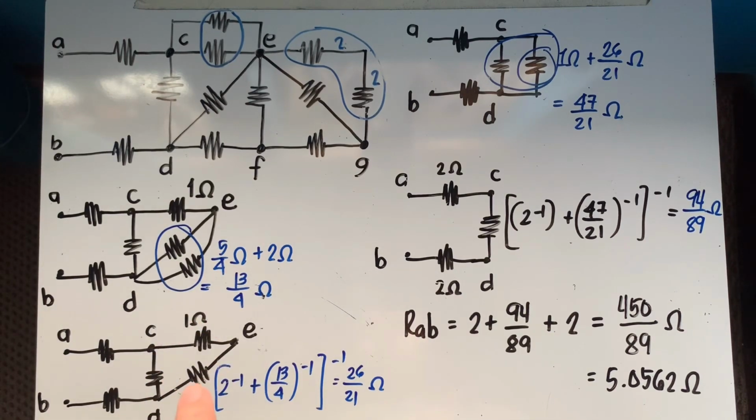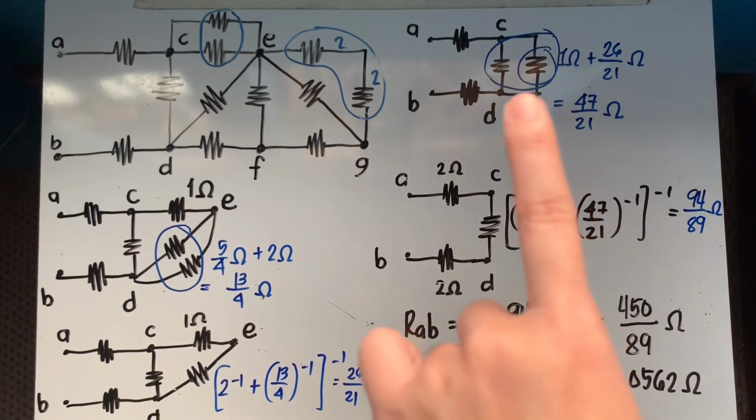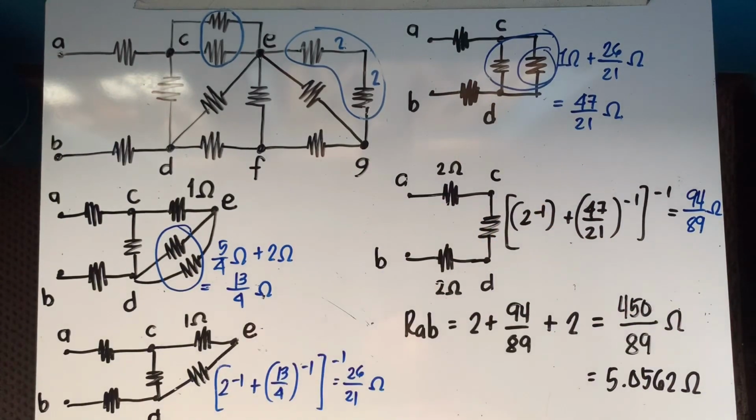Okay, mapapansin nyo naman yun, kapag tayo ay kagaya nito, kinuha natin yung series combination 1 ohm na to, tsaka itong 13/4 ohm resistor na to, pinag-add natin siya, nawala na si E, diba? Naging ganito na lang siya, isang branch na nakaparallel kay CD. So, every time na nagre-redraw tayo ng circuit, nawawala yung mga nodes, lalo na kung affected siya or dinaanan siya nung sinimplify nating resistances. So, lagi niyong tatandaan, kung saan ka naghahanap ng equivalent resistance, hindi dapat mawala yung terminals